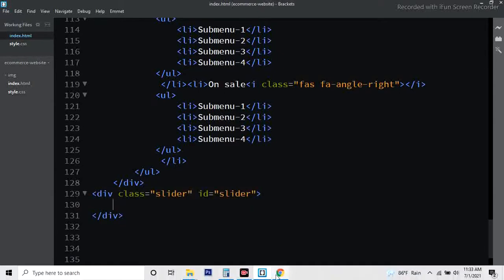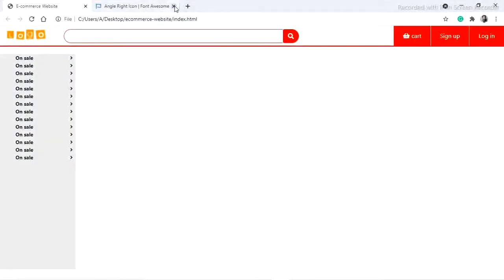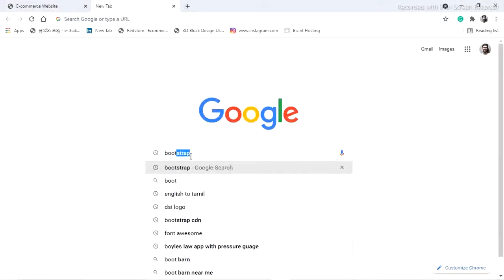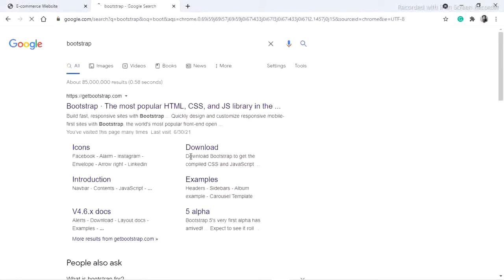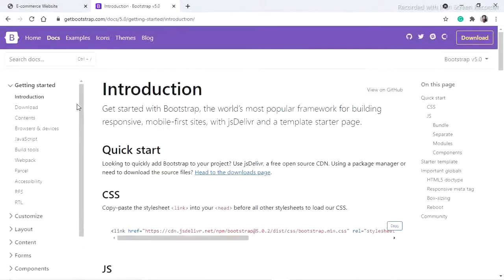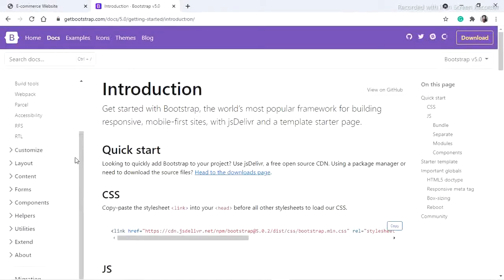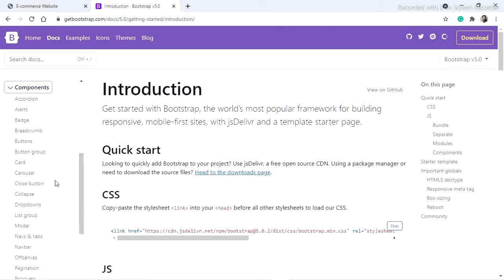Now come to Google. Search for Bootstrap. Components, carousel.